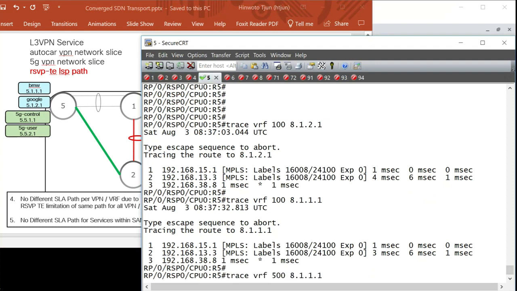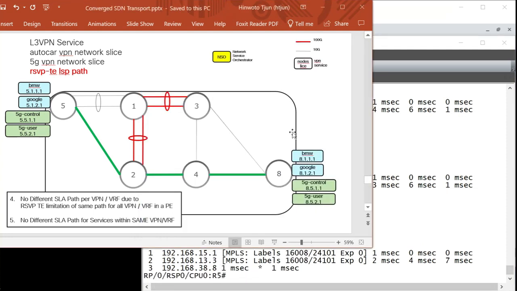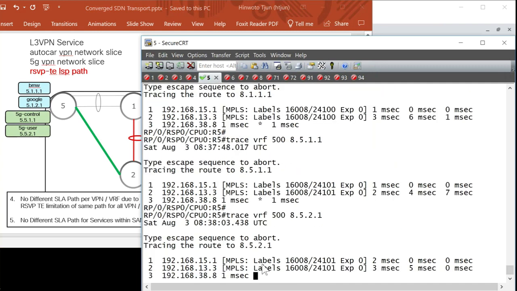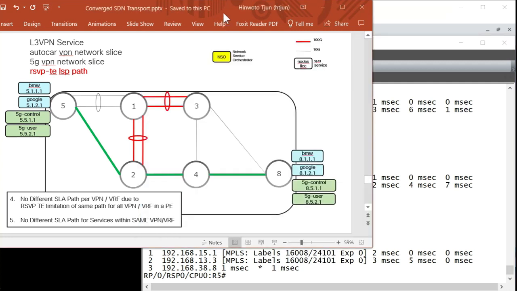It's VRF 500. 8511, 5G control, goes with the same path. Okay, and then let's see the 5G user, 8521. It also uses the same path 1, 3, and 8,